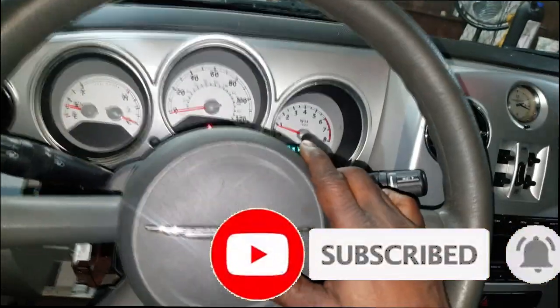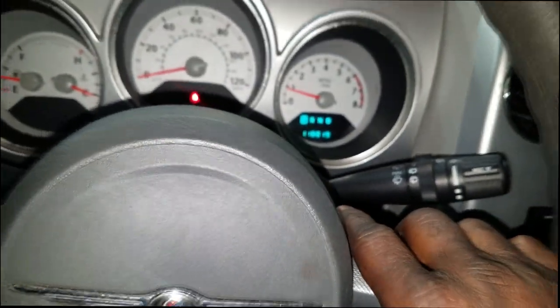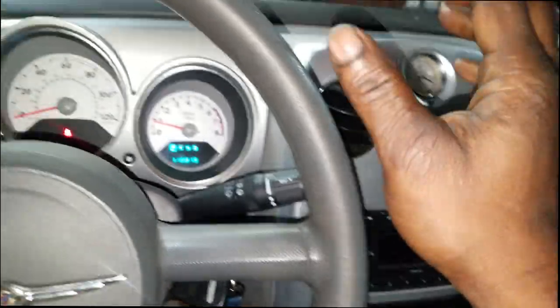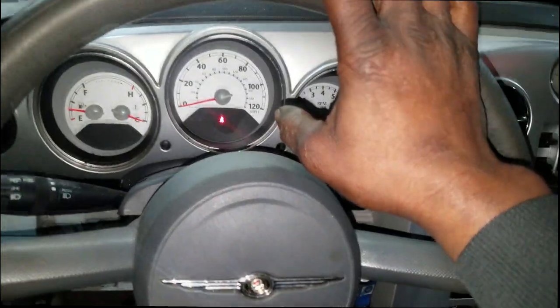I just test drove this PT Cruiser. As y'all can see, it has 118,000 miles. It's a 2008 model, I want to say. Anyway,